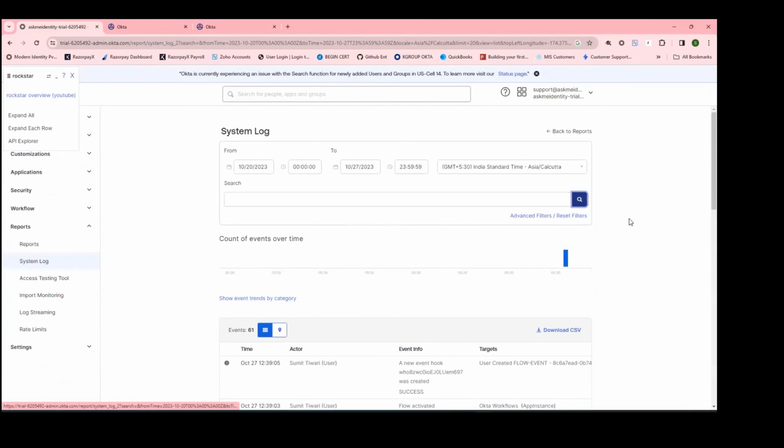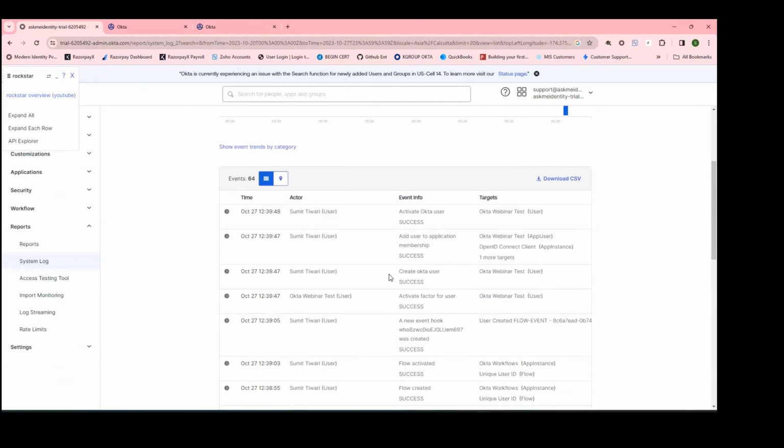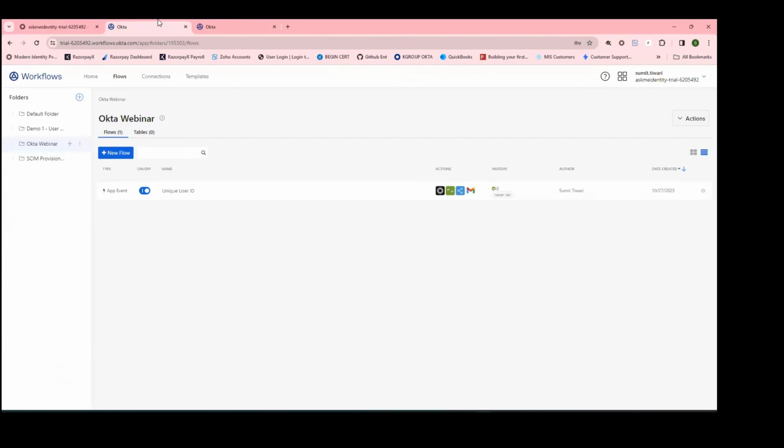Let me refresh this. Create Okta users, Okta webinar test. The system log was created. This is going to trigger our Okta workflow. So if we go back to our Okta workflow and refresh this,